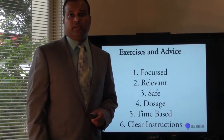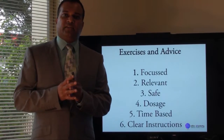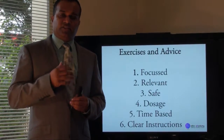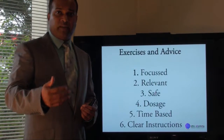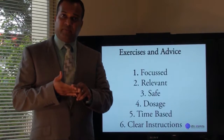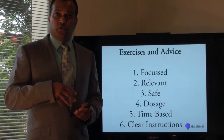Clear instructions. Having clear instructions is so crucial. It takes away the grey areas, it takes away those problems that these people might even consider, and it just allows for you to be a better practitioner. It allows for you to do the job that you have to do. Meaning, you've done the subjective, done the objective, analysis, treatment. As part of exercises, this person's going to go home and pretty much do everything that you want them to do